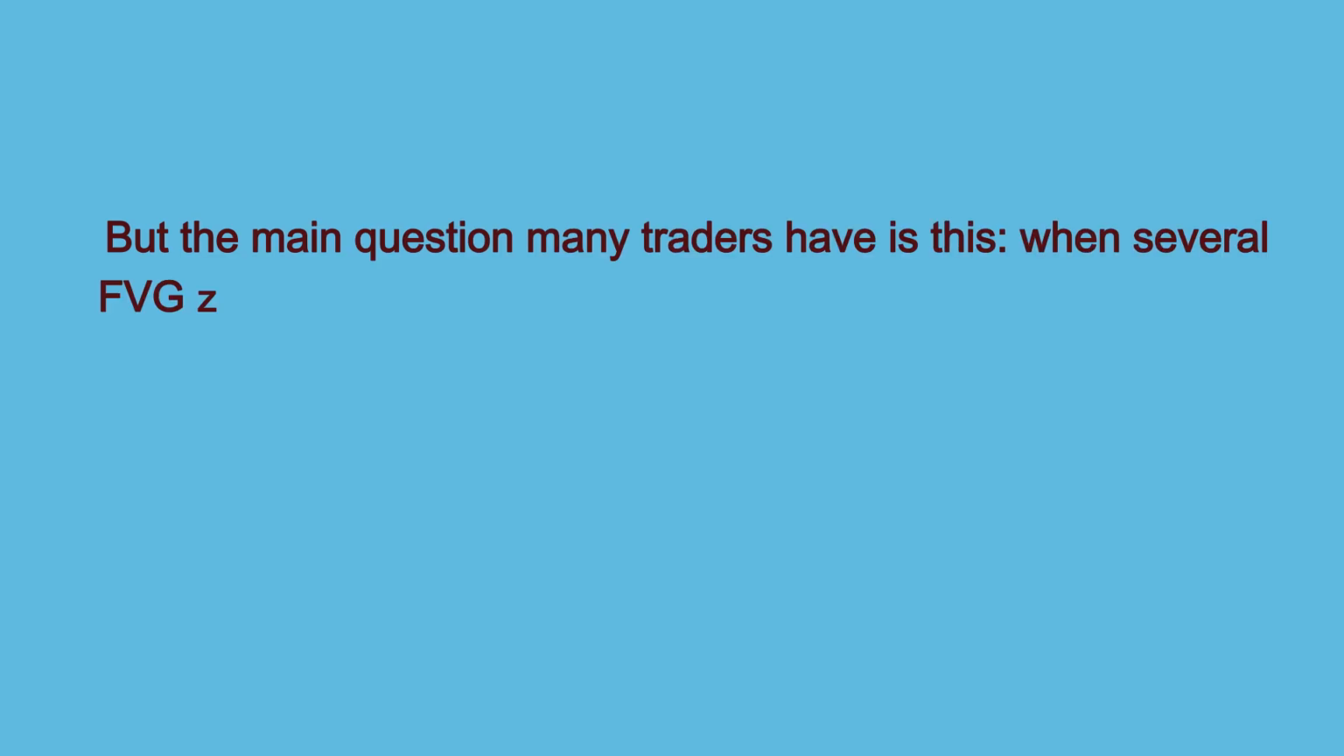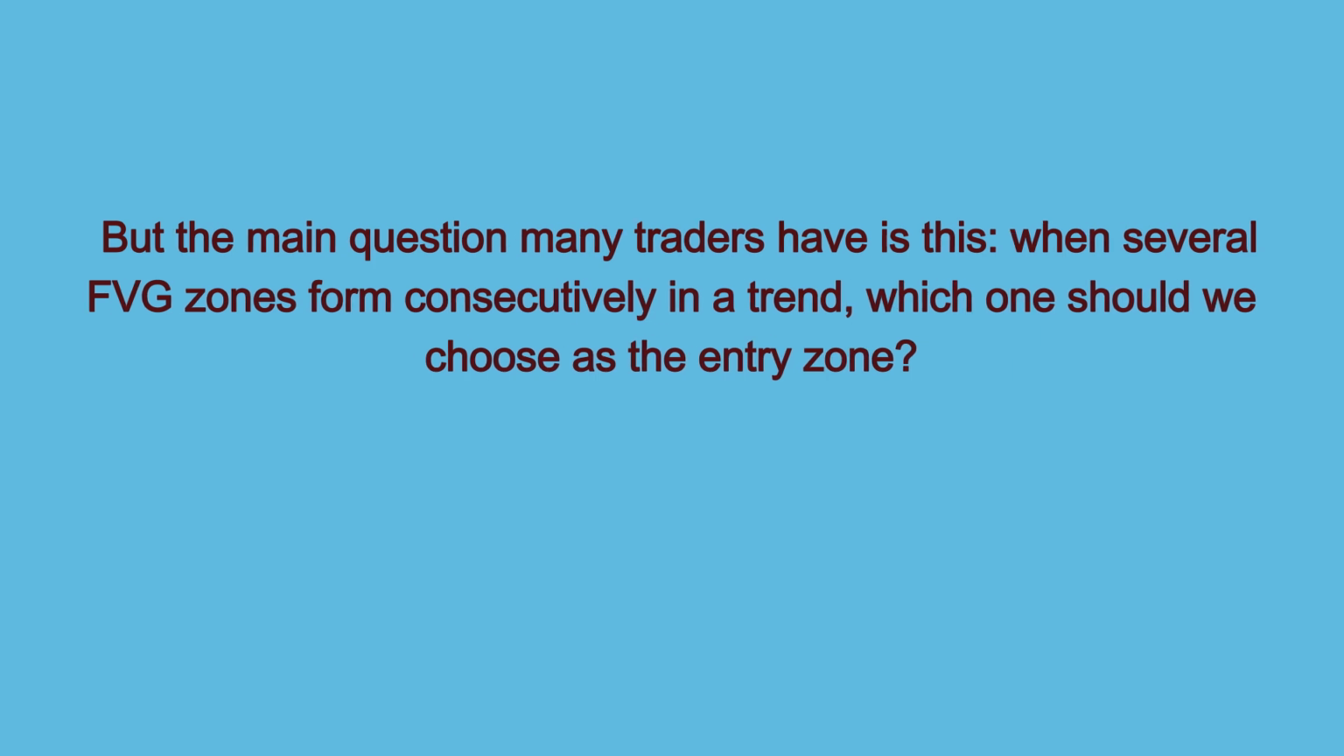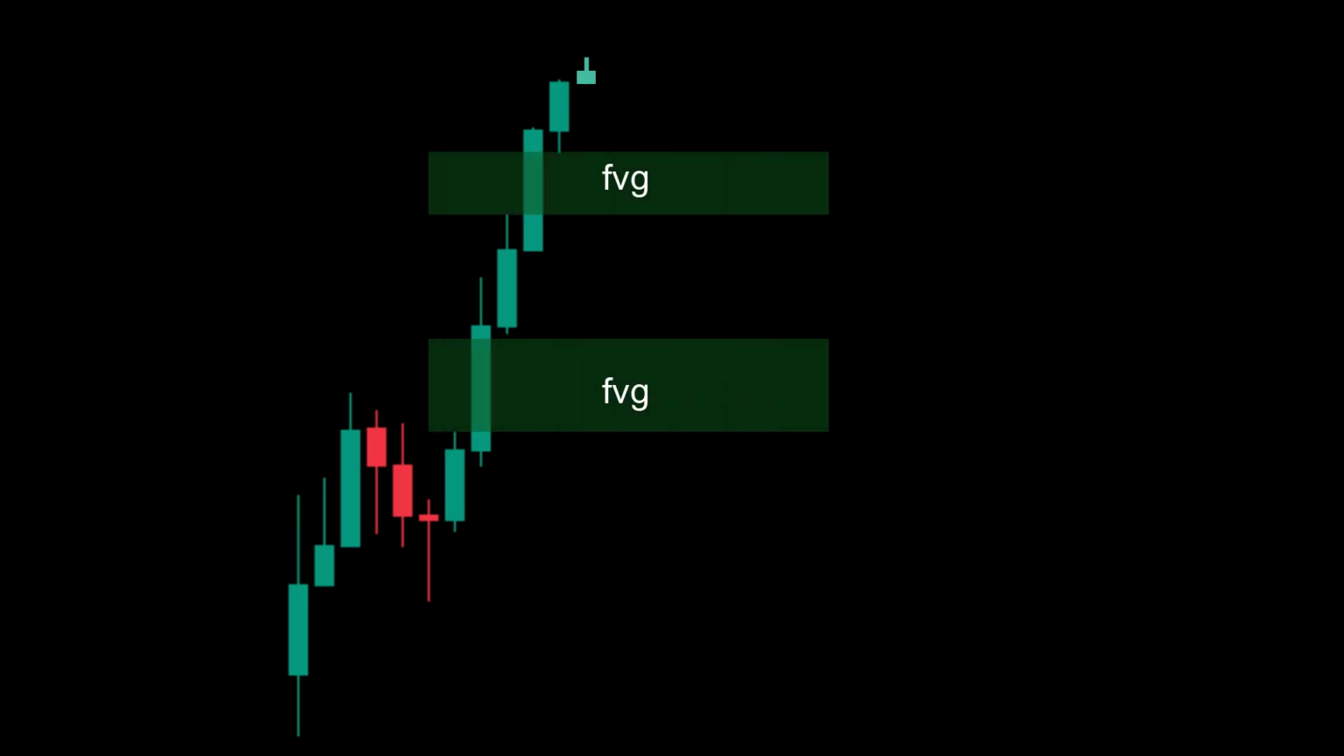the trend. But the main question many traders have is this: when several FVG zones form consecutively in a trend, which one should we choose as the entry zone? Take a look at this chart. You can identify two FVG zones, but professional traders only enter a trade when the price reacts to this specific